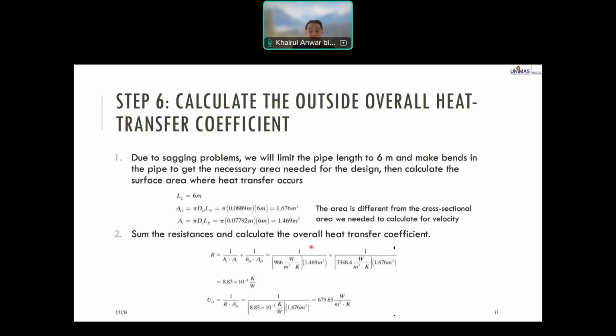Step 6, calculate the outside overall heat transfer coefficient. Due to the sagging problem, we will limit the pipe length to 6 meter only. If it is more than 6 meter, then you need to do the bending in the pipe to get the necessary area needed for the design. Then calculate the surface area where the heat transfer occurs. So pipe length is 6 meter. So A naught